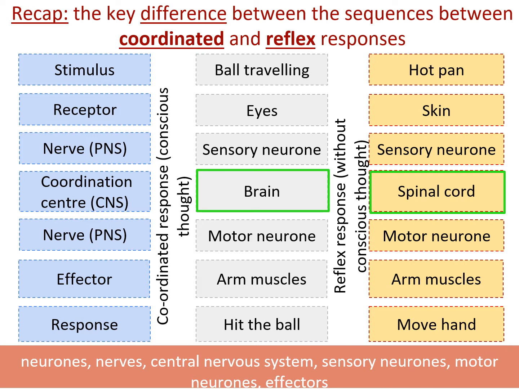form the vast majority of responses that we do, where we are aware of doing them. They go via our brain, we think about how we are going to coordinate that response, and then we do it. That thought process obviously is very fast, so although I say you are thinking about it, sometimes it's happening very quickly, so you are sort of unaware that it's happening. But all the same, you are still aware of it, so it is a slower response than these reflex